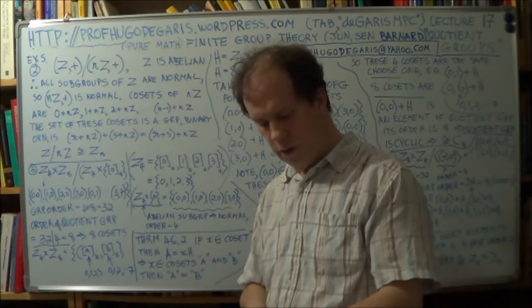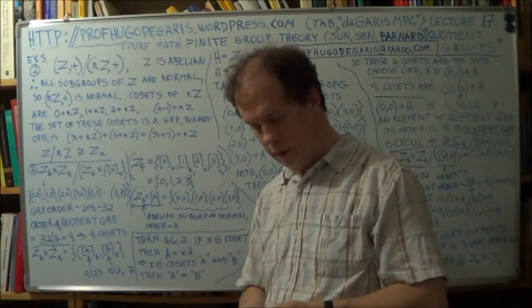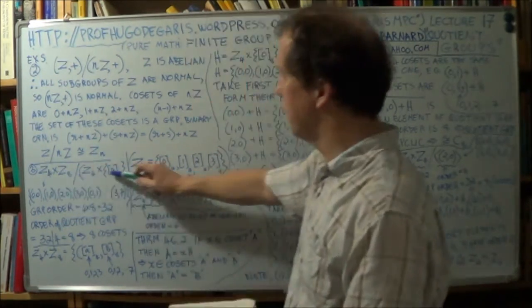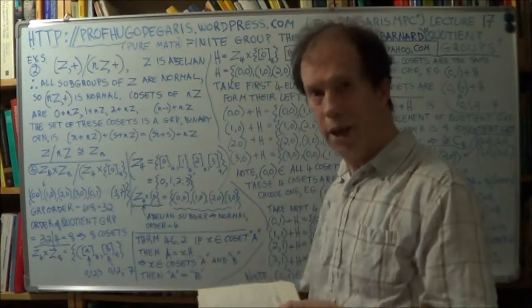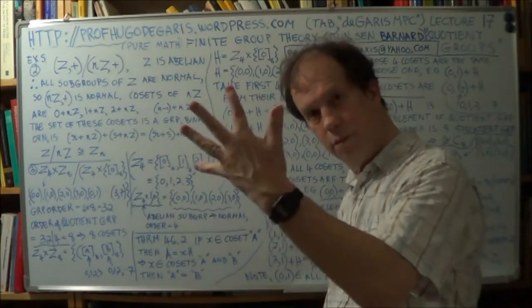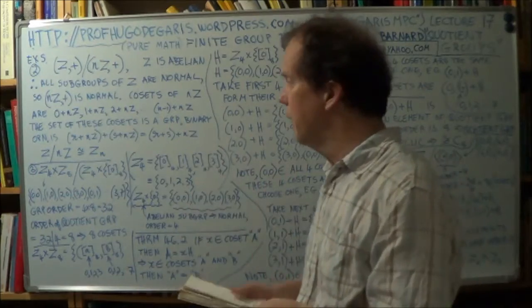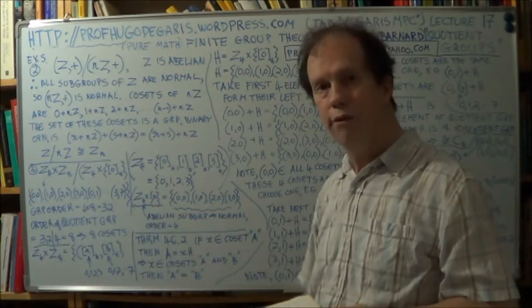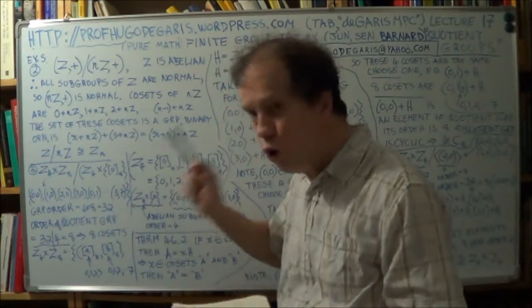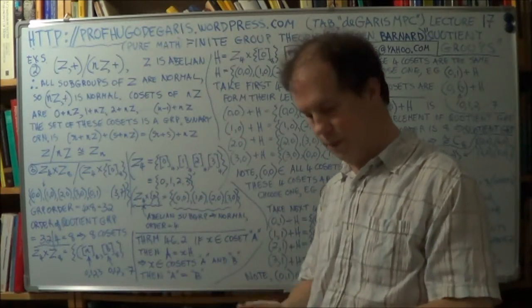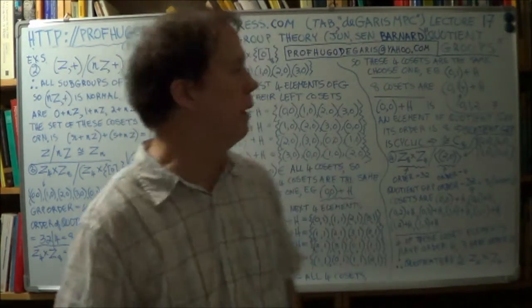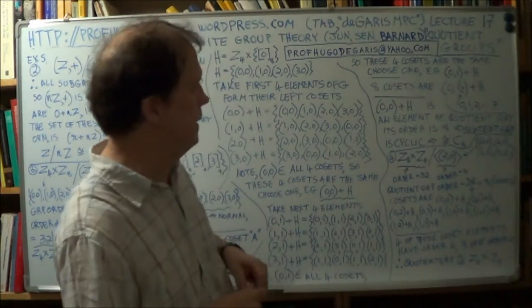Okay, so we know there are 5 different possibilities that this quotient group might be isomorphic to, because that's all there are. If your group is of order 8, then there are only 5 possibilities that this group could be isomorphic to. Okay? So which of those 5 is it going to be? Well,